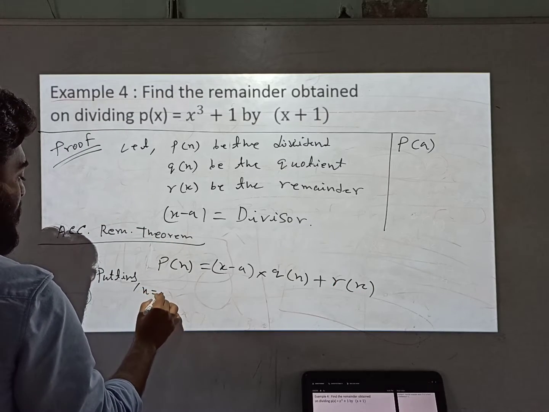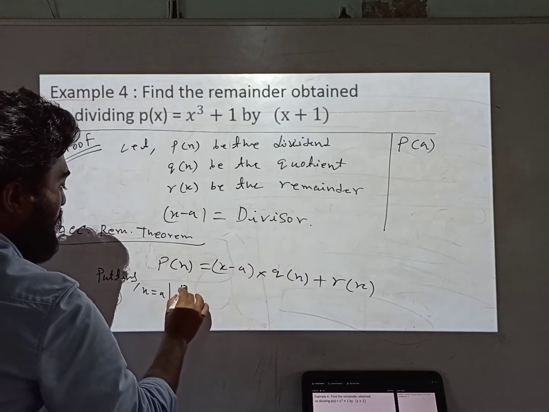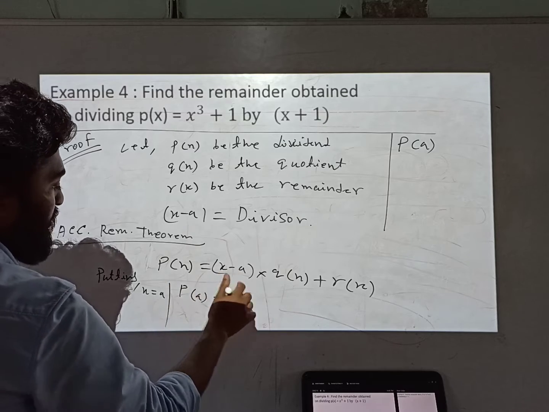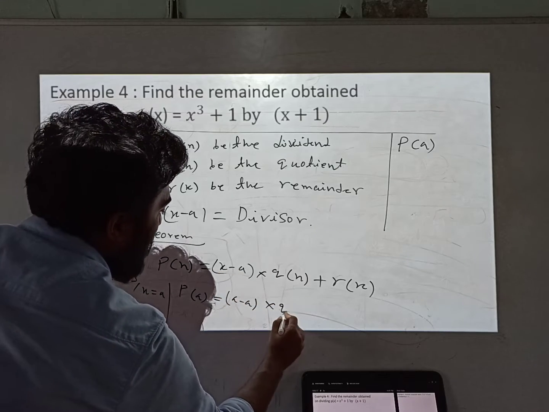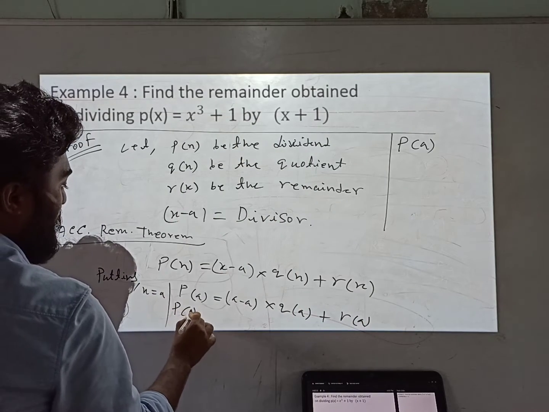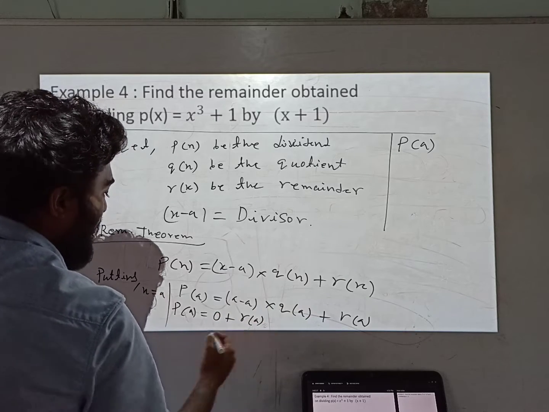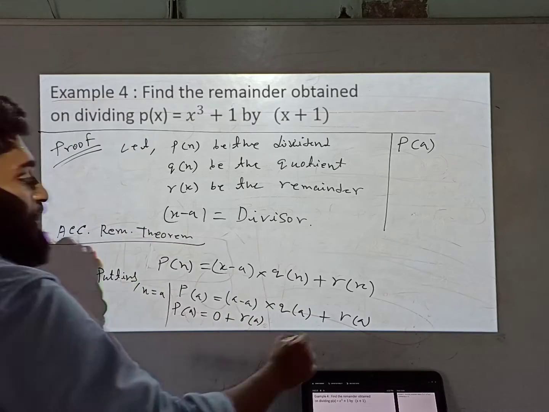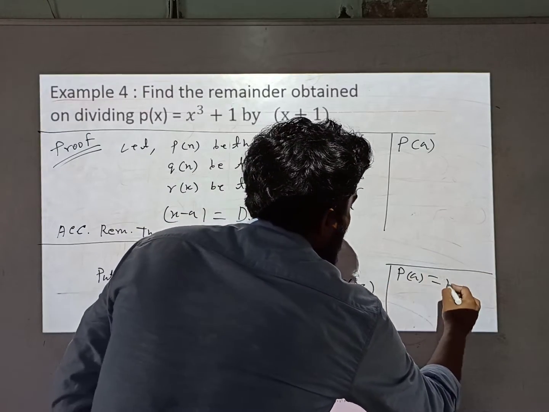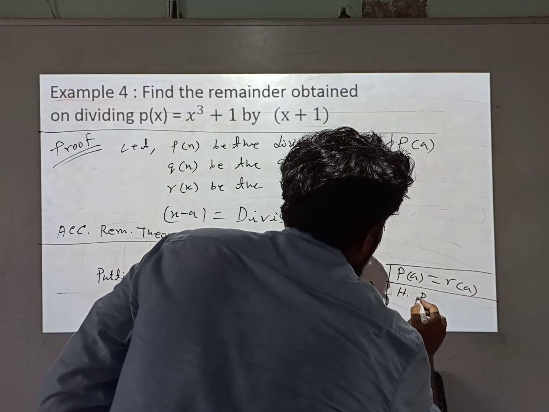So now putting x equals to a, I must put x equals to a everywhere in this expression. So when I put x equals to a, what I get? In place of x, a, in place of x again a minus a into q of a plus r of a. Got it? Finally what I get? p(a) equals to a minus a, 0 into something, that is 0 plus r(a). Correct? So finally I get p of a equals to r of a. Correct? So proved. Hence proved.